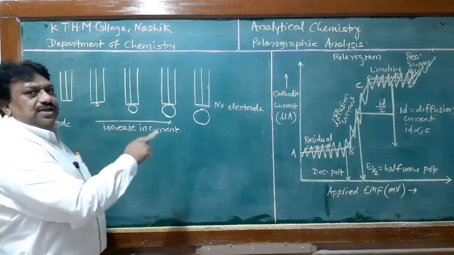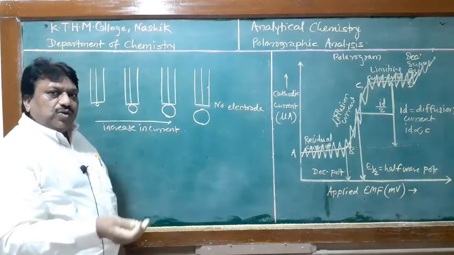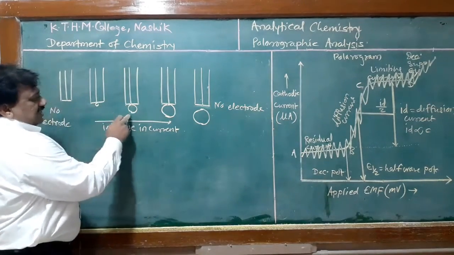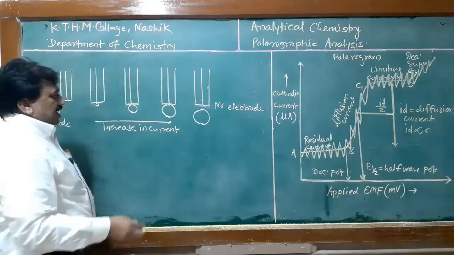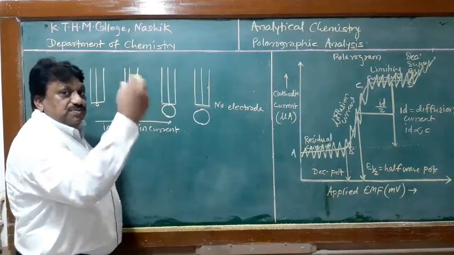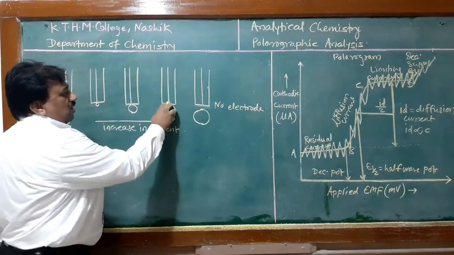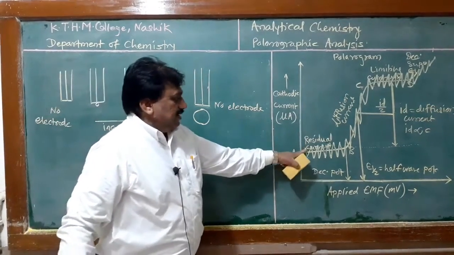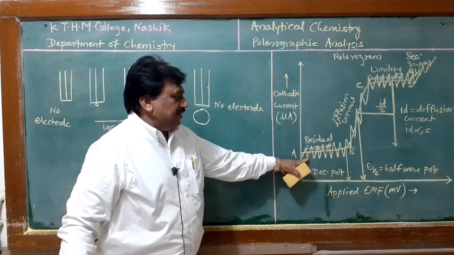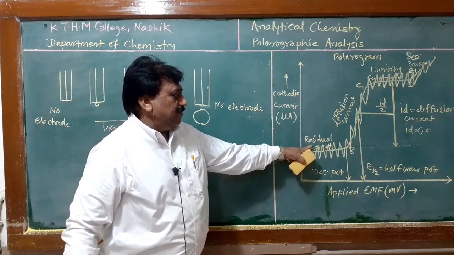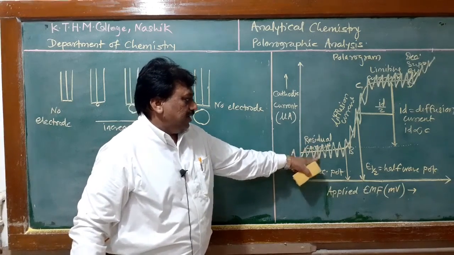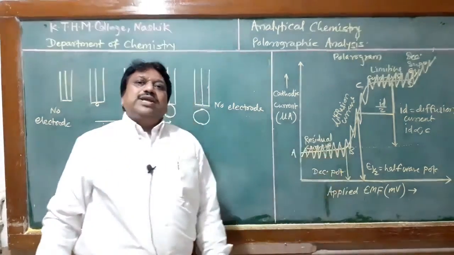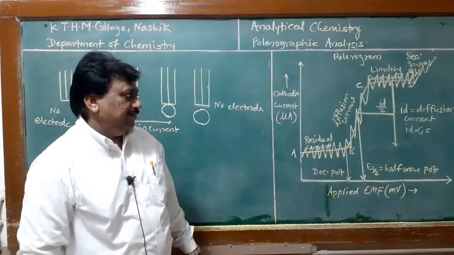In polarography, the redox reaction, or rate of redox reaction, is controlled by the size of this mercury drop, that means the surface area of the mercury drop. As surface area increases to maximum, we have a maximum current. Again, if the drop is dropped, the current becomes minimum, the drop increases to maximum, and again falls into the solution. In this way, we have a polarogram in a zigzag manner.